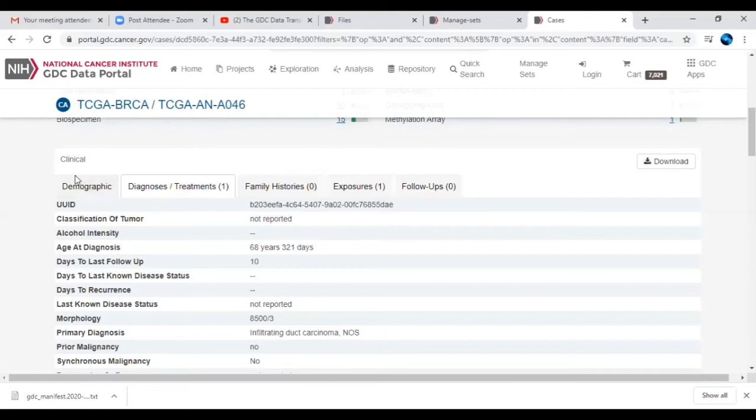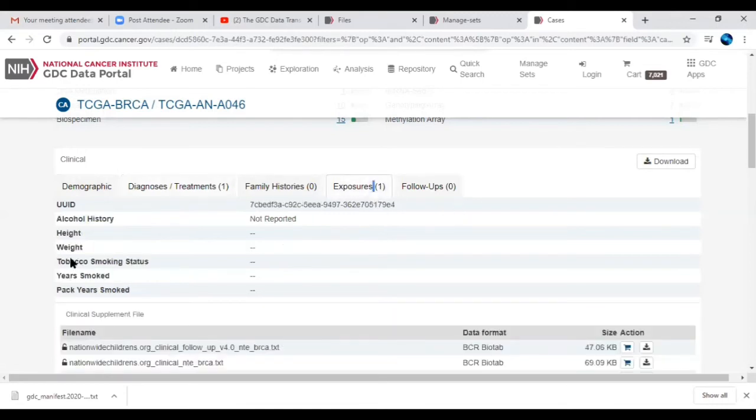So we can study the clinical history with respect to family background, and whether the patient has been exposed to alcohol or has tobacco smoking status. So they take overall clinical information with respect to family history, or exposure to different sources, and what type of follow-ups they have taken.